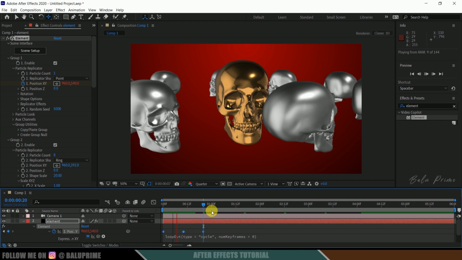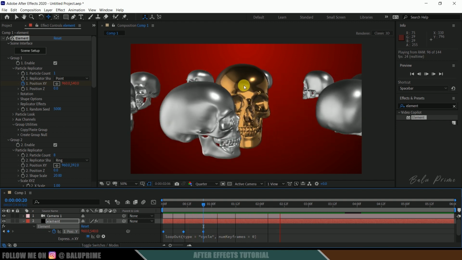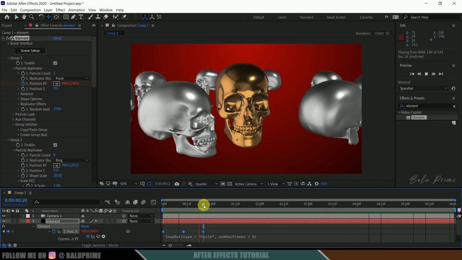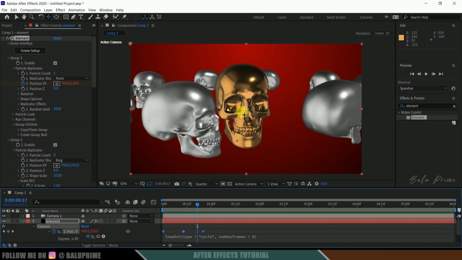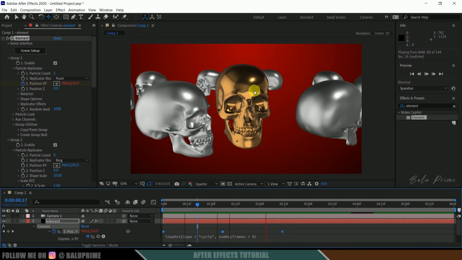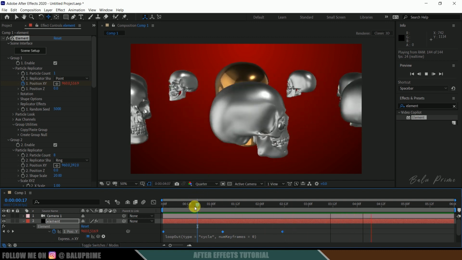So this middle skull will be continuously changing its position like that. If you want to reduce the speed of that movement also, select all the keyframes, hold the Alt key, select this last keyframe and increase the distance between those keyframes. So now that oscillation will be slower. Okay, nice.